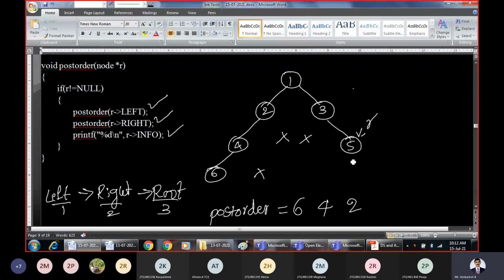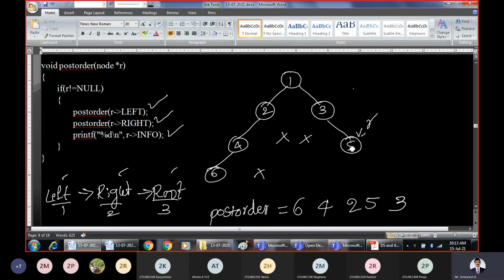That is post order traversal. So whenever you are present at some node, apply the rule. What does the rule say? First you process the left child of that node, that is not there. Then you process the right child of that node, that is also not there. Then you process the root of that node. So I am processing the root of that node, that is 5. Now one level up you have to go. For node 3, what is over now? Left is over and right is also over. Now you have to print this. That means after left, right, you have to print the root. For 3, the left subtree is not there. Then right is over. Now you have to print this 3.